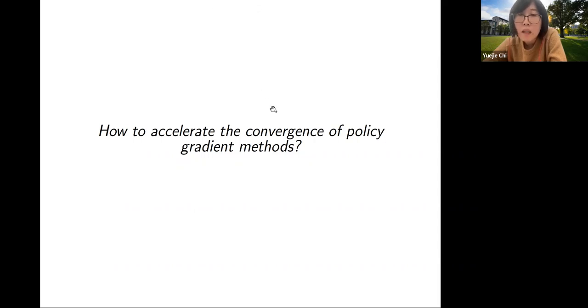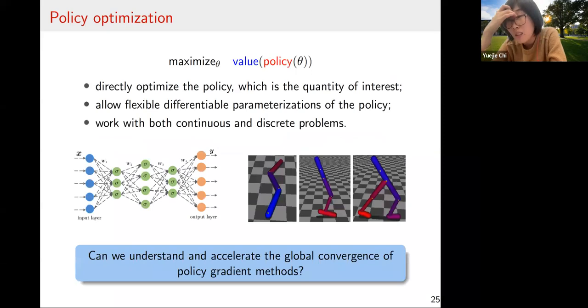All right. So let me now switch gears a little bit and talk about some of the policy gradient methods. So this part will be more optimization oriented, unlike the previous part that's more statistical in nature. So what is policy optimization? This is a slightly different approach that people take in reinforcement learning, trying to leverage a lot of the advances